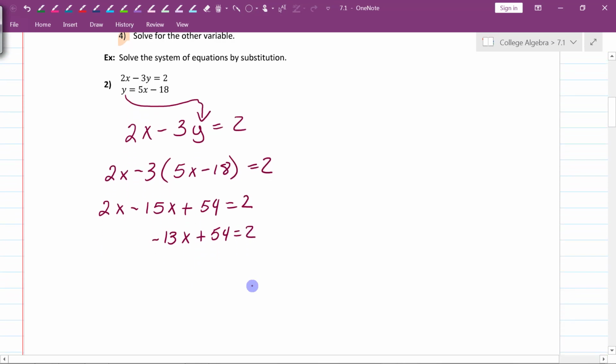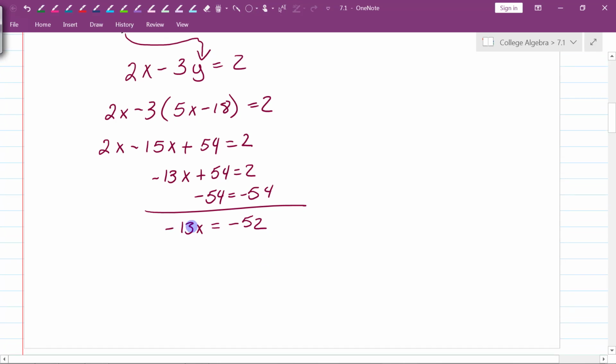Next, I'm going to move my 54 over from the left to the right-hand side of my equal sign, and I'm going to add straight down. So I have negative 13x is equal to negative 52. My negative 13 is connected to my x through multiplication, so I'm going to use division to move my negative